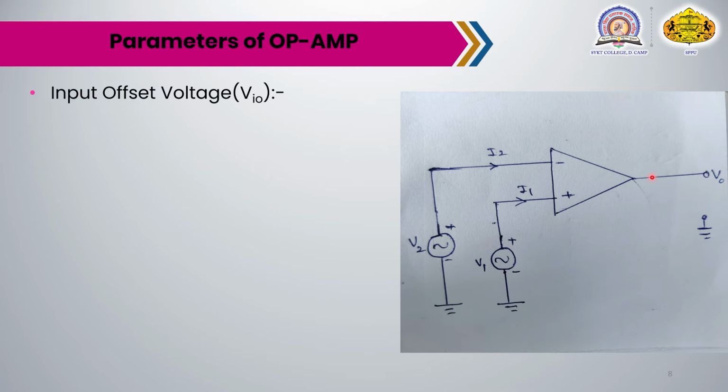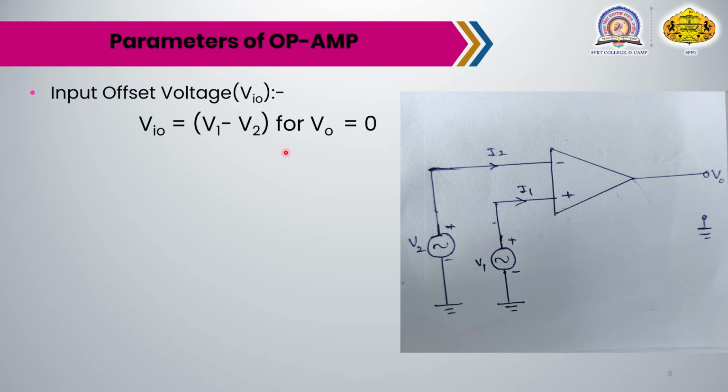Due to this, though V1 and V2 are equal, the output will never be 0, but some very small finite value. Therefore, to get 0 voltage at the output, we have to adjust V1 and V2 so that the output is 0. So we can say that the input offset voltage is the voltage